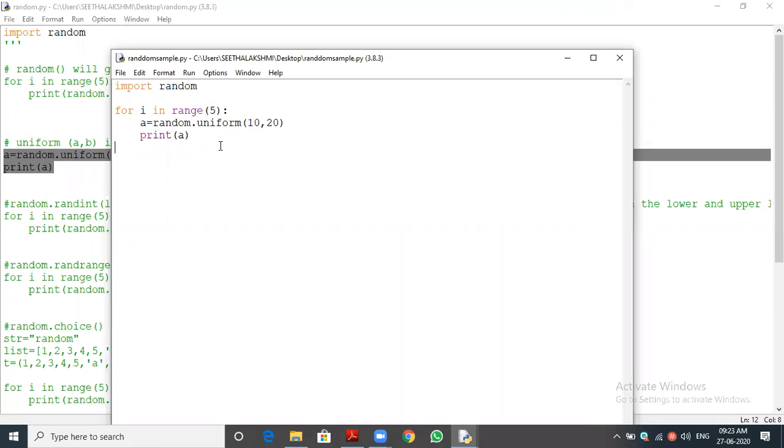The random function and uniform function both generate floating point numbers only, but what is the difference? For the uniform function, we need to pass two arguments: one is the lower limit and the next is the upper limit. Note this word: between. It will generate numbers between them only. Both numbers are exclusive, so it will not generate 10 because it is an integer number. Have you understood this one?